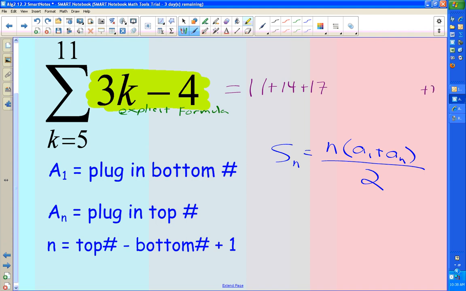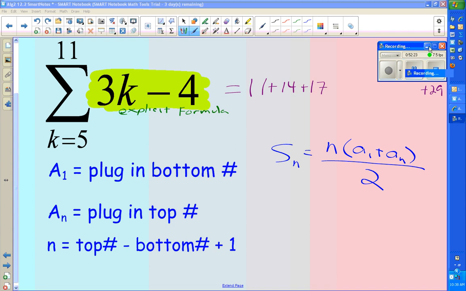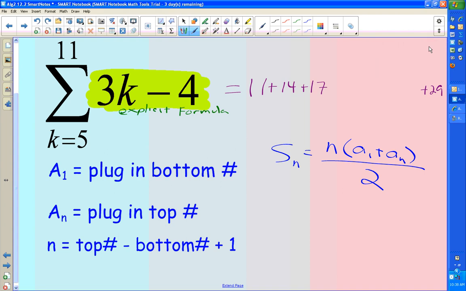29. Is anyone not seeing the 29? A sub n, plug in the top number. What number is on top of the sigma? And when you plug it in, 3 times 11, 29. And if you wanted to write out the whole sum, the whole summation, you would do 11 from plugging in the 5,